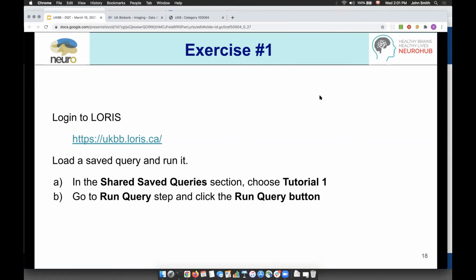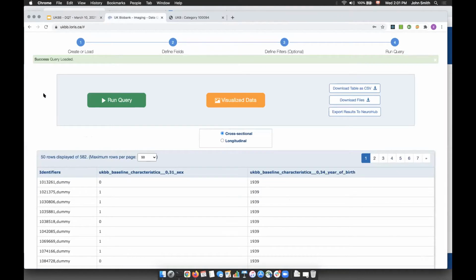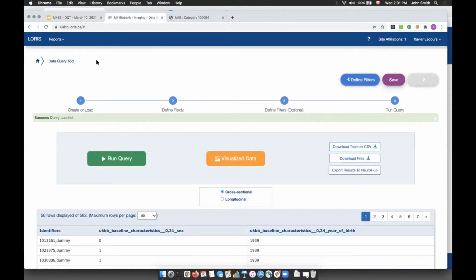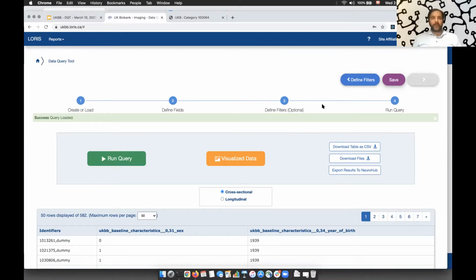Oh, can I just ask a question? Sorry. If we were already part of the group application to begin with, do we need to fill out the rest of the form? Yes, you need to have filled the request account page from the LORIS instance. So all participants, there's a twofold. You might have been part of the original application, but then there's other additional information, so you have to go through there. If you find the documentation page for NeuroHub, there is a separate LORIS form you have to fill out, yes. Okay. It's on the main LORIS page when you log in.